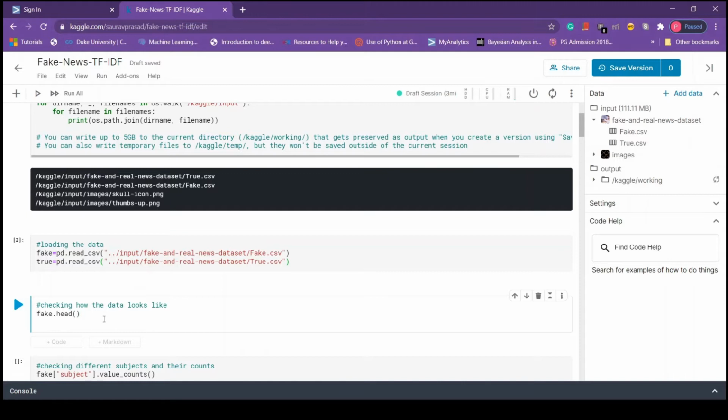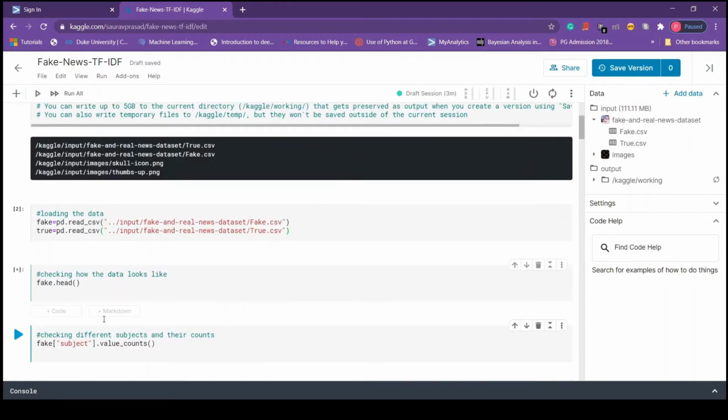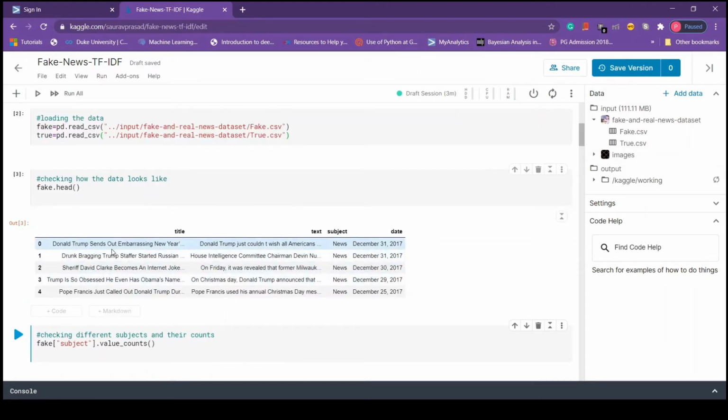Now let's look into the fake data. For that we have a pandas function called head. What it does is it returns the first 5 rows of the data by default. So in this data we have title, text, subject and date. This function can also return more than 5 values. We just have to pass the number of rows in parentheses.